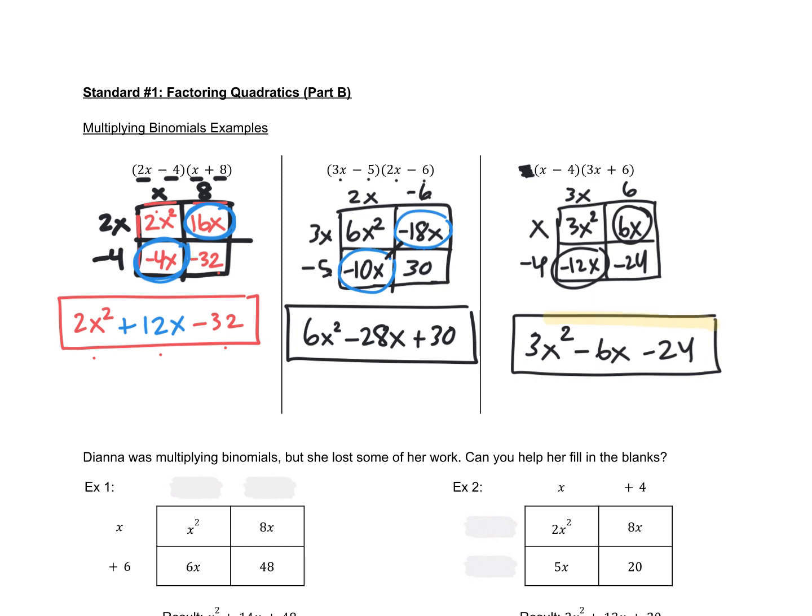So here's the final answer for that one. Hopefully you paused and tried that one on your own to see if you